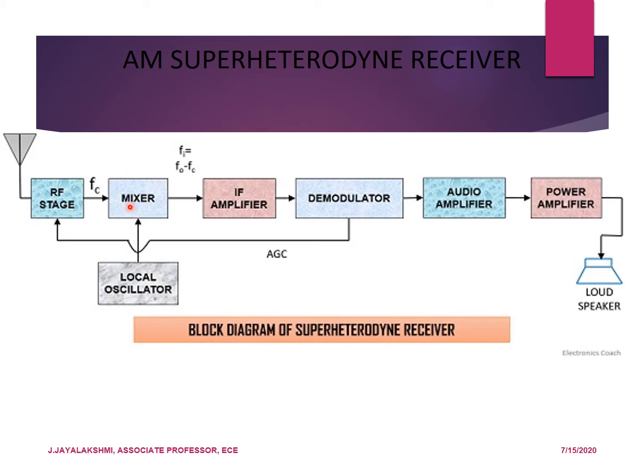The mixer is the part where you are going to down convert the signal. Here the received frequency signal is mixed along with the local oscillator frequency signal, so that the output of the mixer is going to be your resultant intermediate frequency, denoted as Fi or FIF. And this signal, once again, has to be amplified, and you go for demodulation, and this demodulation system is going to feed back to the RF stage in order to have the automatic gain control. You have to control the gain of the received signal.